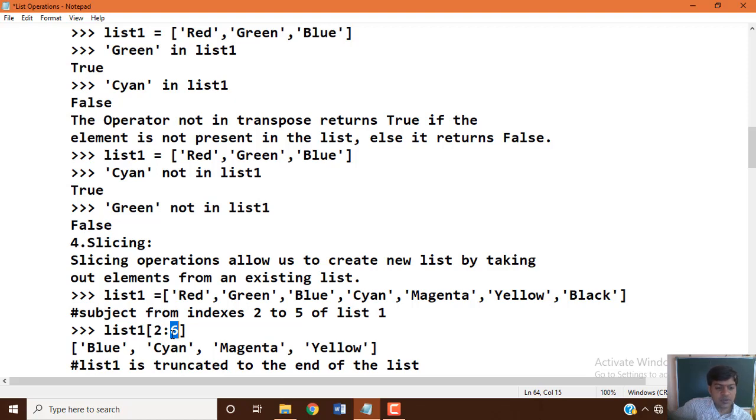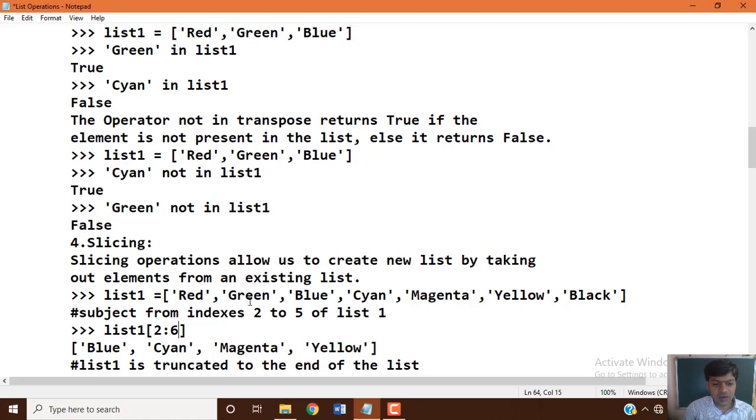Here also step is optional. Start is the index which is included, and whatever stop value you specify is not included, but up to stop minus 1 is taken. So 2 is the start and the end is 6, which means up to 5.